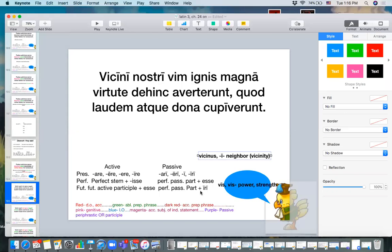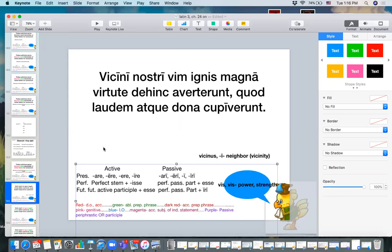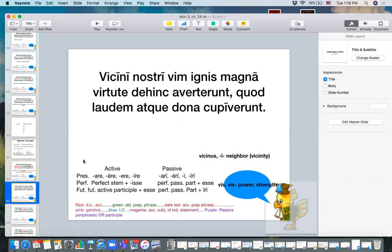What the heck is vim? Oh, Chicken Boy's reminding us it's that weird third declension word that means power or strength. No, because what case is vim there? It's accusative. What case is magna virtute? Good. So let's put that together. Our neighbors, then...